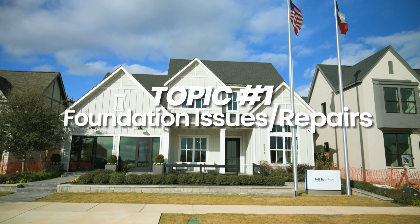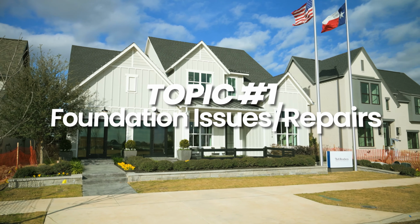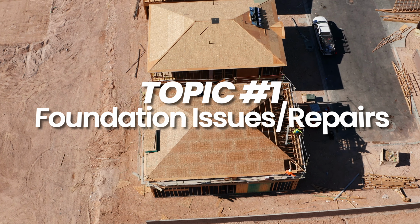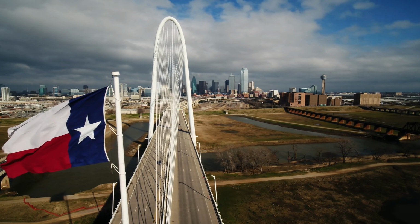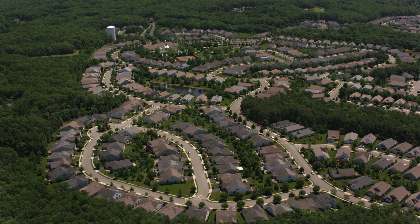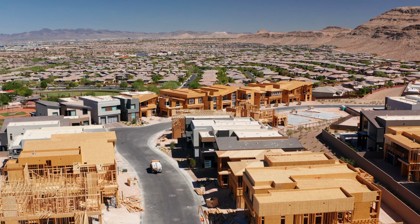So the very first thing that I just want you to know, get ready, expect it, honestly going with the mentality that it's gonna happen, is foundation issues or foundation repairs. The reality is, here in the Dallas-Fort Worth, the soil composition that we have is more of a clay-like material. So it's very moist and it's very, very slick. So what that tends to do is it unfortunately deteriorates the quality of the foundation or the sturdiness of a